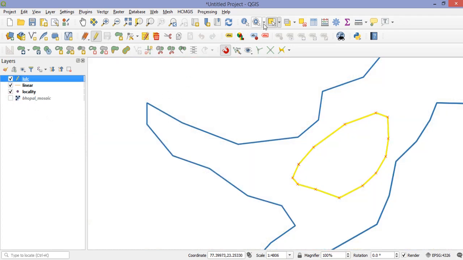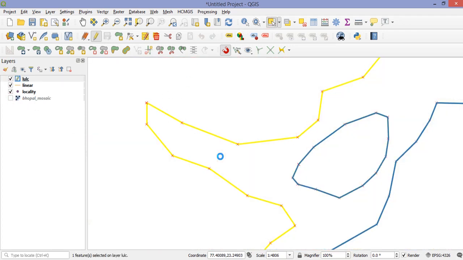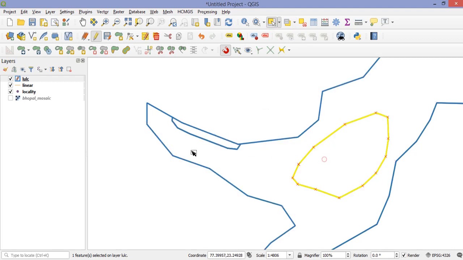I'll just select the polygon layer and apply this split feature. I click on this, and I can see that this polygon is totally different from this polygon.